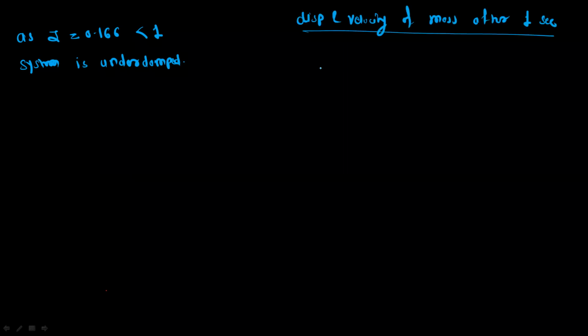So now to find out the velocity and the displacement of the mass after 1 second, the first step will be to find the equation for displacement. So now refer to the general equations for an underdamped system. I have given the general equation as x is equal to